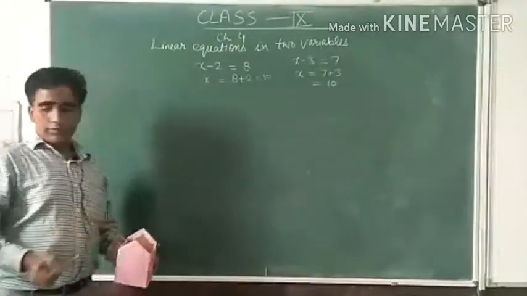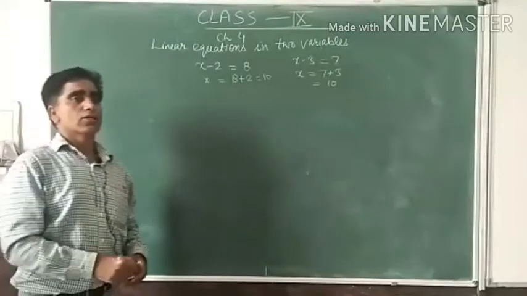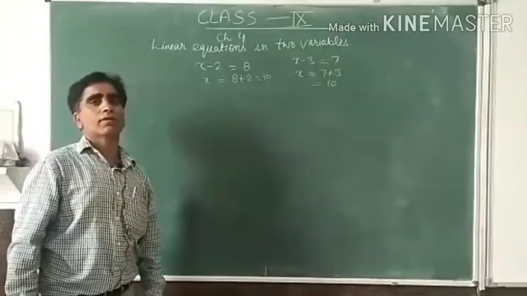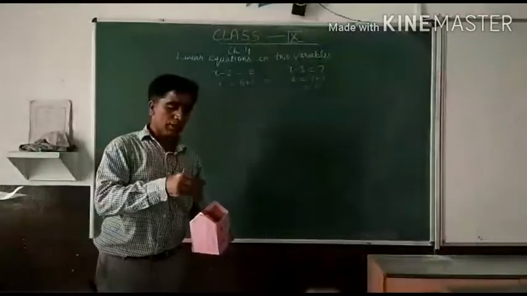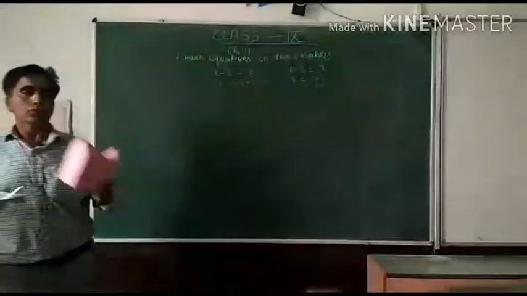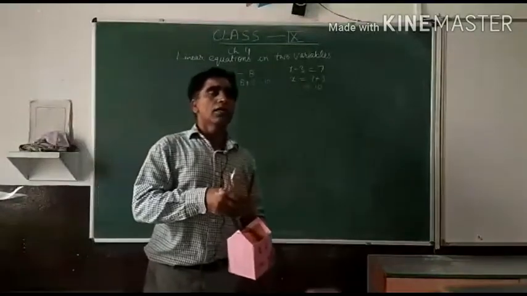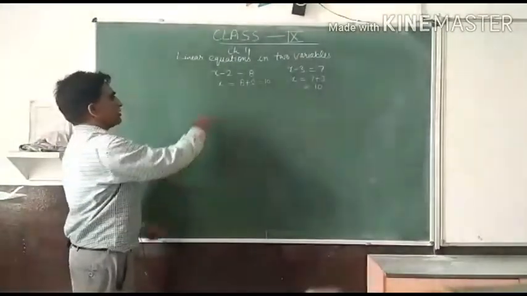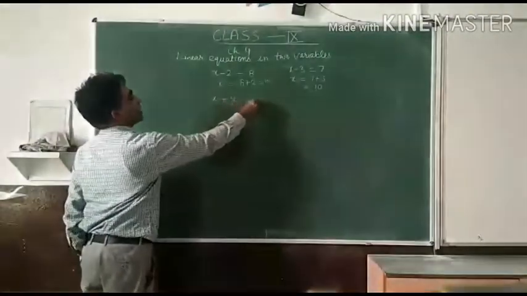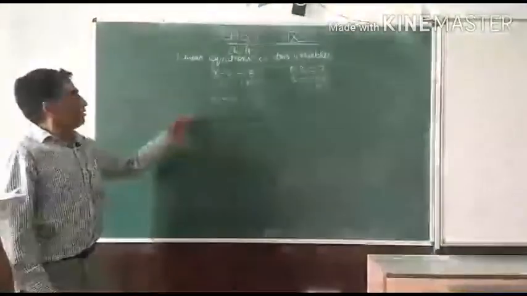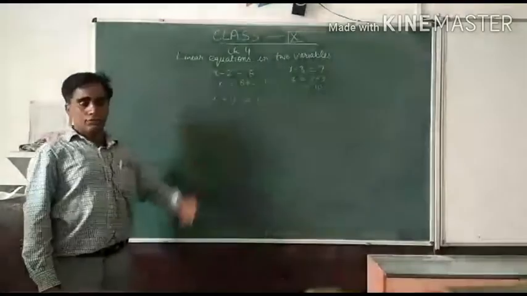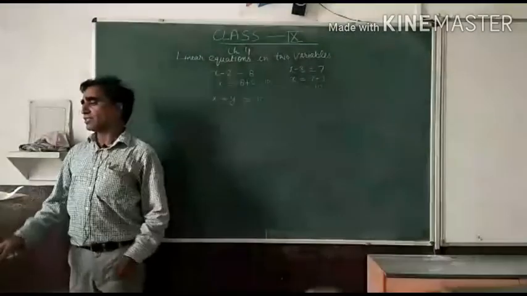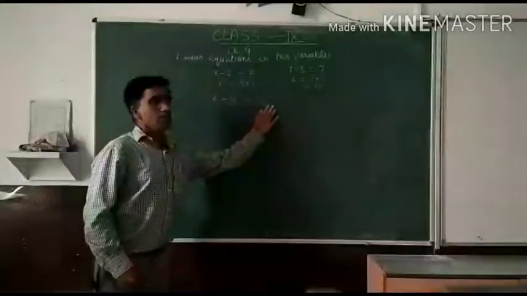Now two variables are there, so suppose there are total 10 things. Because there are two types of things, we get x plus y is equal to 10. By adding, because pens and chalks total 10, we get this equation. Now students, this is a linear equation in two variables.